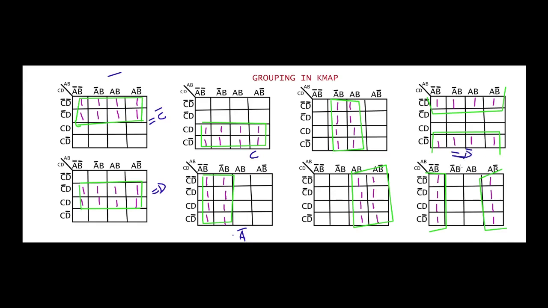D bar. So now coming to this K-map, we have 4 ones here in this column and this column. So we can group them together to be a single group, and for this group I can write the minterm. The common term will be A B bar, so B bar is common. This is the minterm for this K-map.